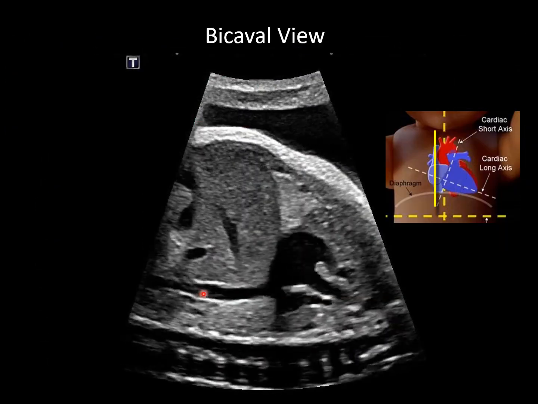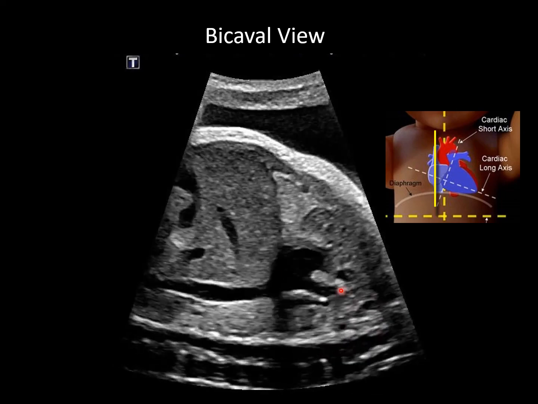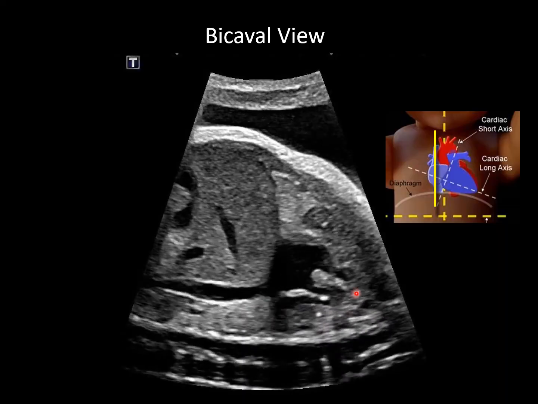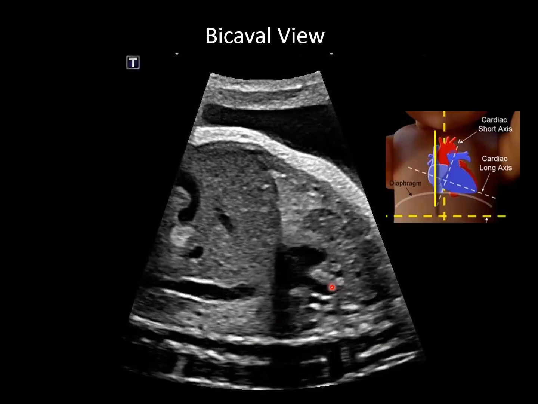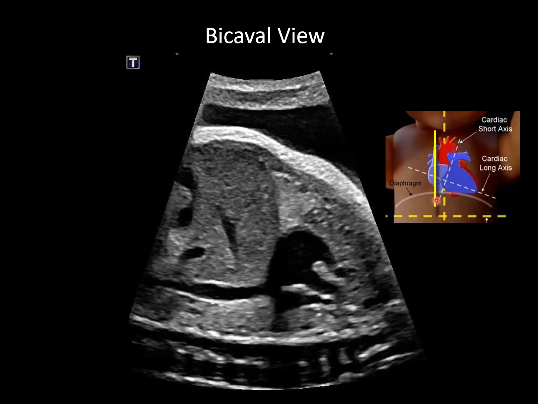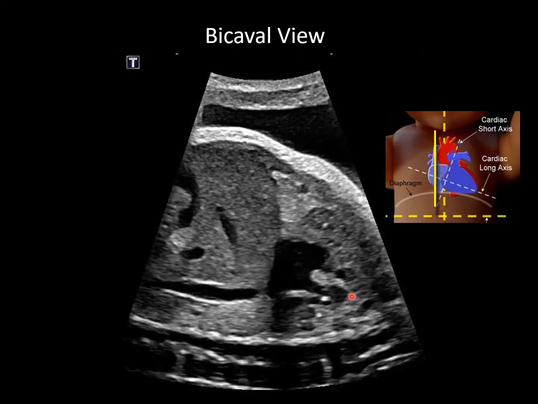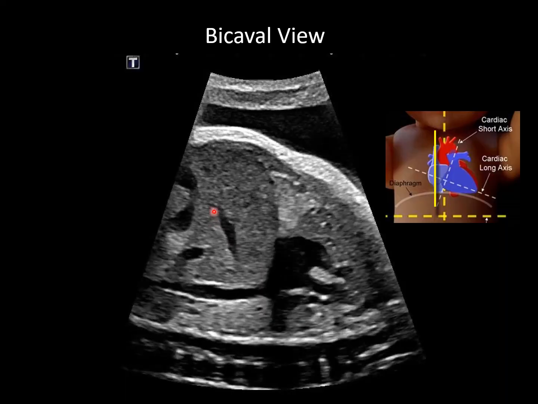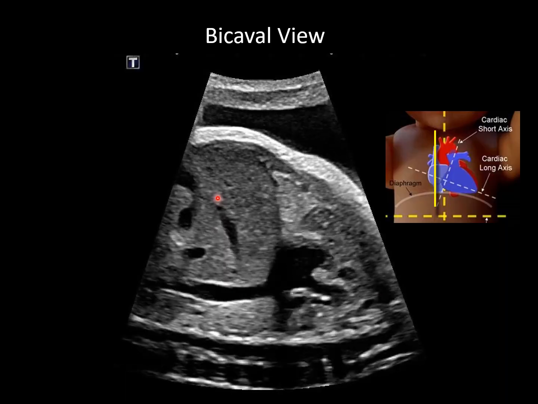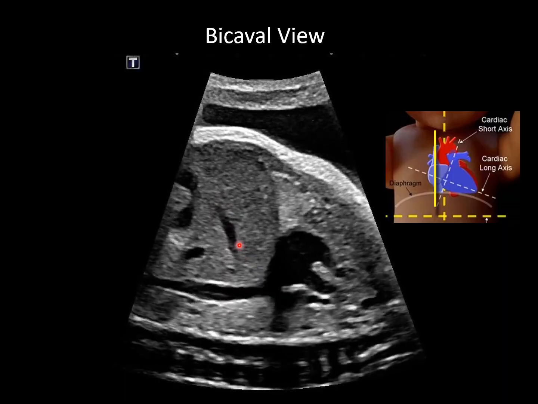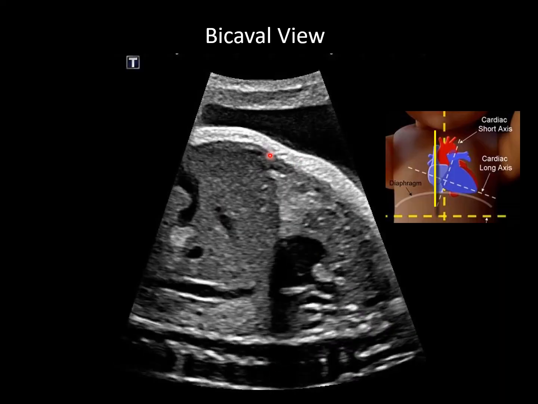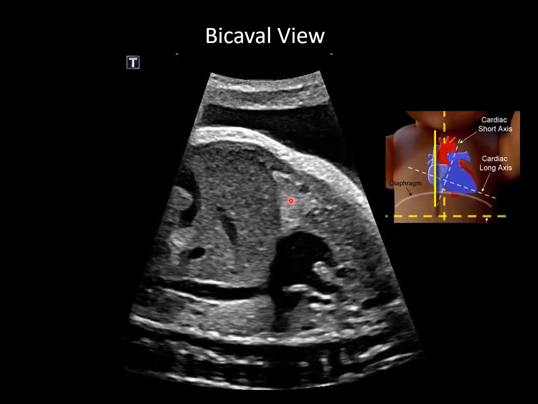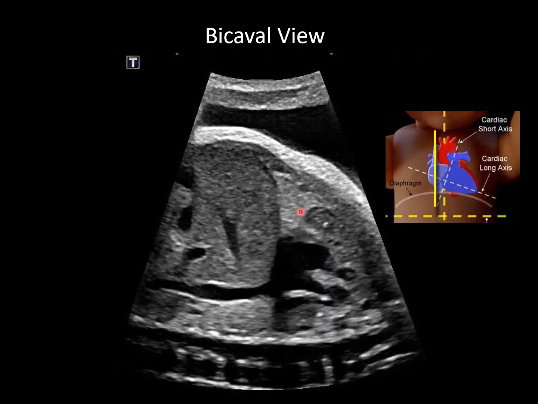Another view, the bicaval view here, it's another sagittal view. This is a true sagittal view through the fetal chest and abdomen along the sagittal body plane of the fetus shown. It shows the SVC coming into the right atrium as well as the IVC. This is part of the umbilical vein coming into where the ductus venosus would be. Really nice delineation of where the diaphragm is and the lung here and the liver here,